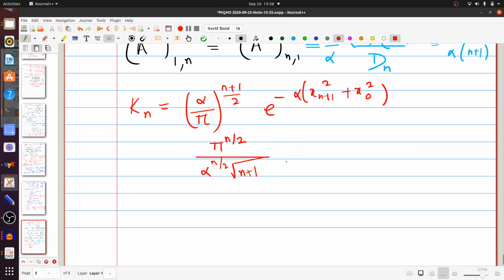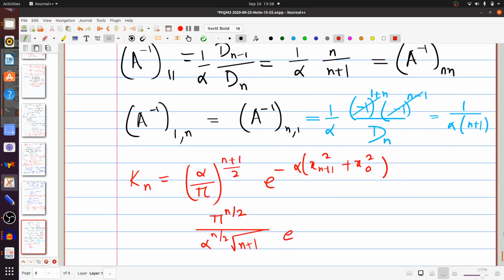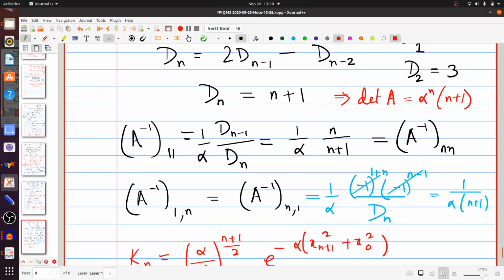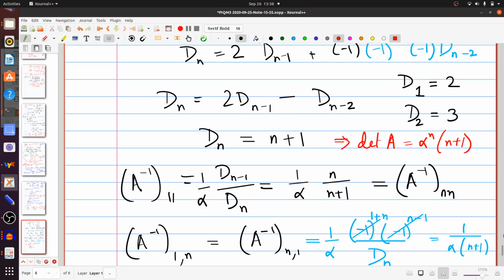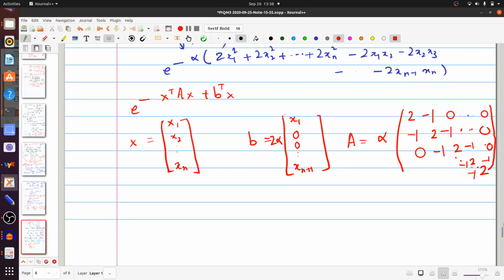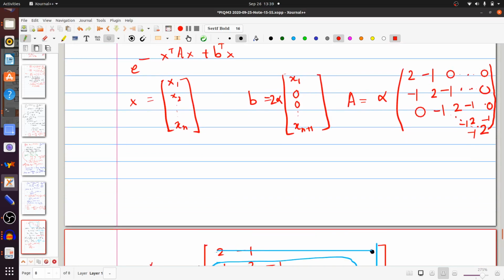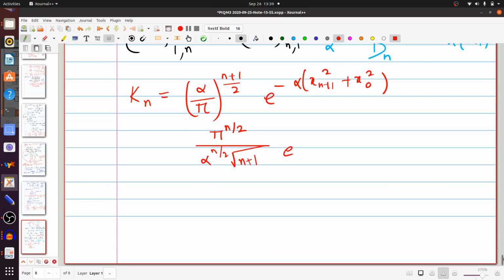And then you have the 1/4 B transpose A inverse B. But B transpose, remember, has only these terms. B is almost entirely 0, but you have twice alpha x1 and twice alpha xn plus 1. From the two alphas you get 4 alpha square. From the A inverse you get 1 by alpha. So putting them together, the 4 alpha square, 1 by alpha, and the 4, they cancel out and give you alpha